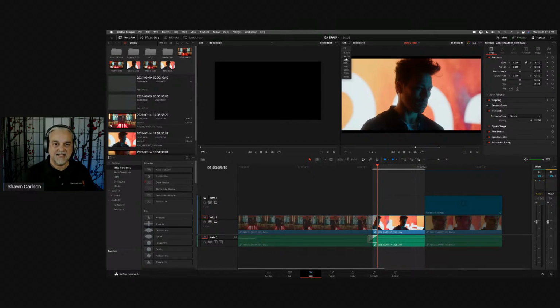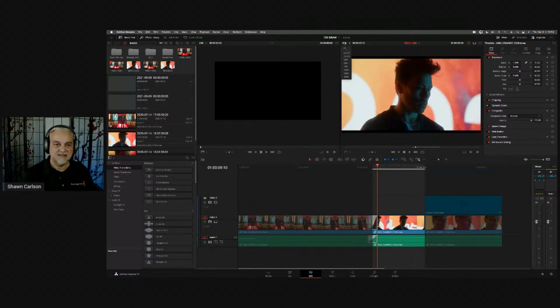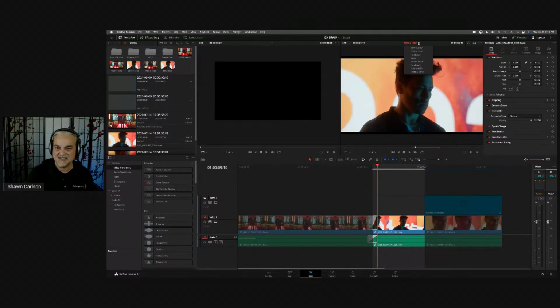So you can see that at 82%, that's my new frame size. And if I go back here and switch it back to UHD 4K, and let's go and fit, then what we see is that nothing appears to change in my viewer. I'm looking at the 1080 timeline as opposed to the UHD timeline, and that's because, let me go back to